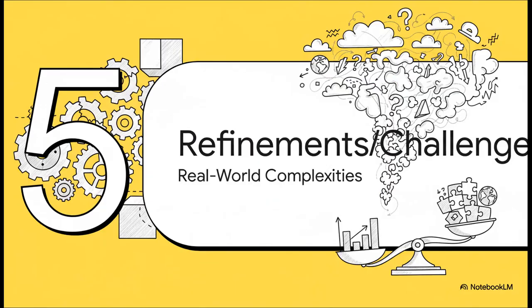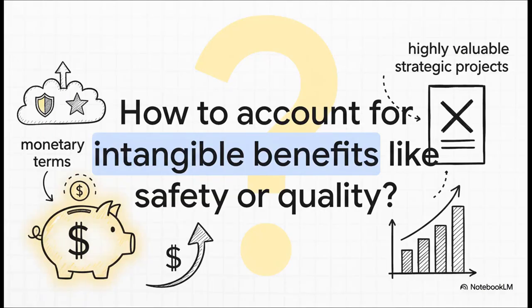Okay, we've covered a lot of quantitative models, but here in Section 5, we need to talk about the real world. Because these models, as powerful as they are, have limitations. Relying on them exclusively would be a huge mistake. Really sound decision-making requires us to acknowledge those limits and to address the complexities and challenges that you just don't find in a textbook. And here's a perfect example.